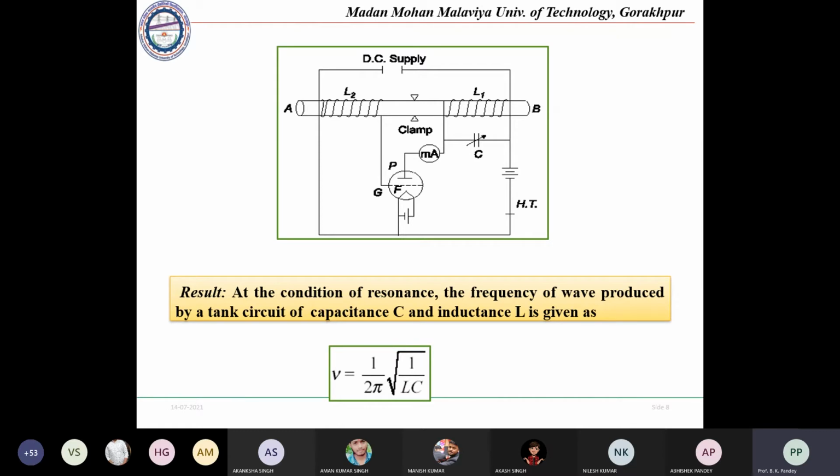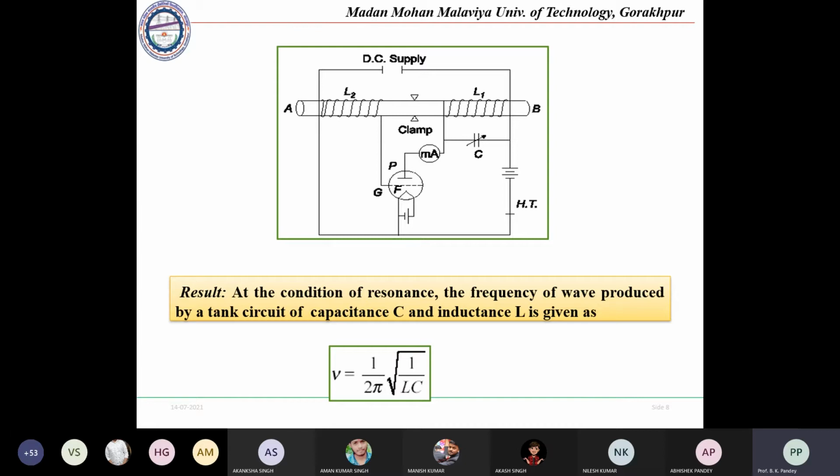One is between the grid and the filament, that is the cathode. You might have seen that from the filament one portion is going to one part of this L2 and the other is connected to the cathode. One circuit is here and the other circuit is forming through the plate to the milliammeter, and that is connected to a tank circuit having its varying capacitor, condenser C, and L1 as a coil there.